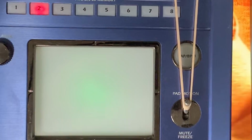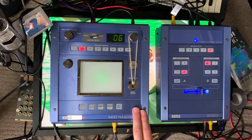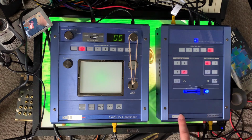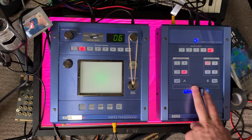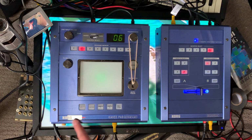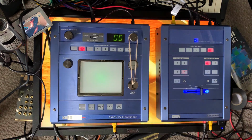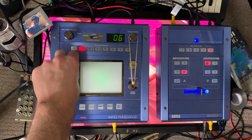So, very simple setup today. I'm teaming the Korg Krossfour video mixer with the Korg Chaos Pad Entrancer. So, I'm not going to talk too much about the Entrancer. It's going to have its own